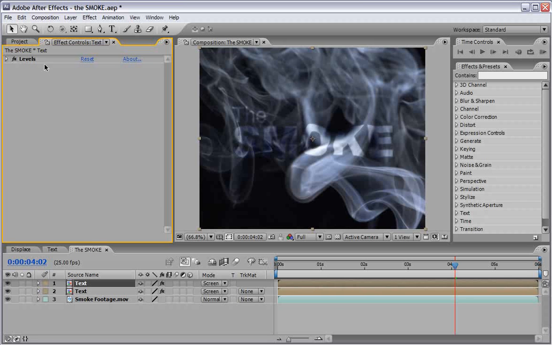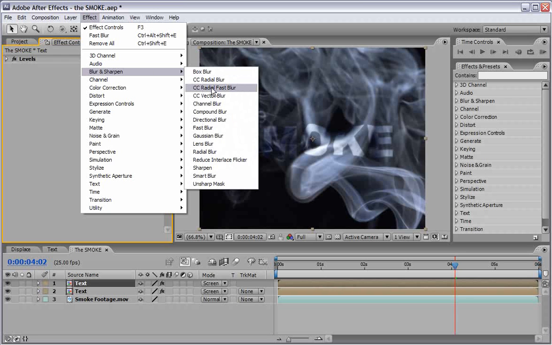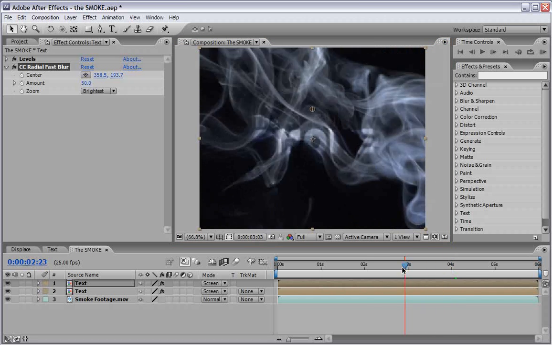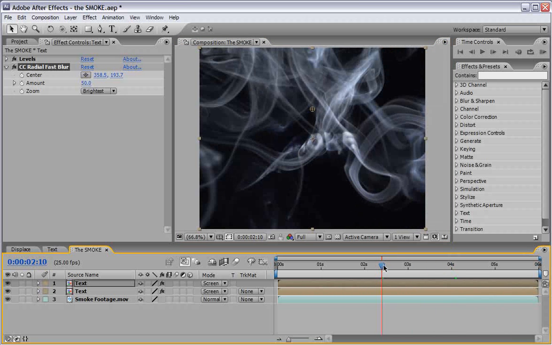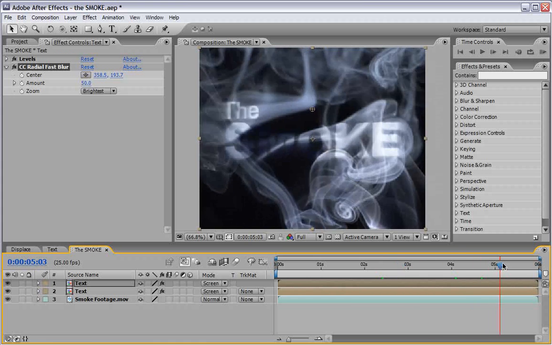to the upper layer, Effect, Blur and Sharpen, CC Fast Radial Blur, change its mode from standard to brightest, and make sure that this center, which we can see here, is a little bit offset to the top. This will generate some feel of volumetric lights using the smoke as a reference, and it will look better and